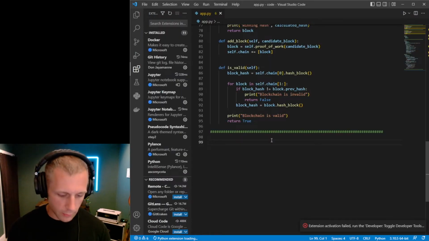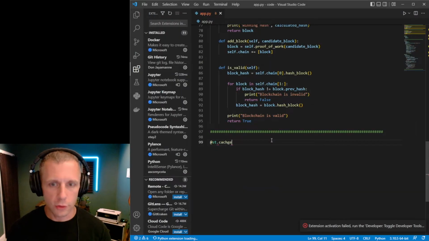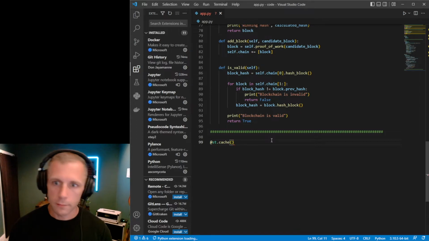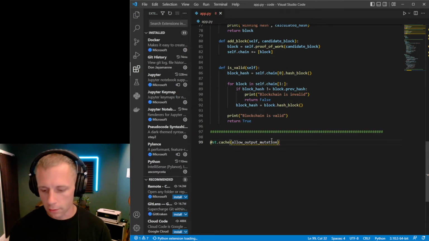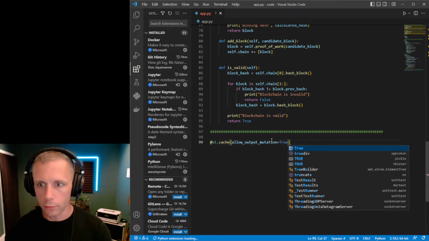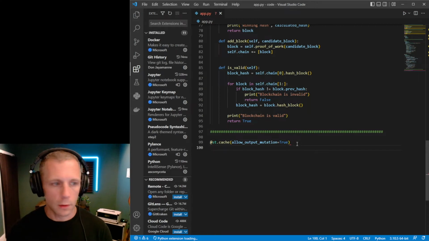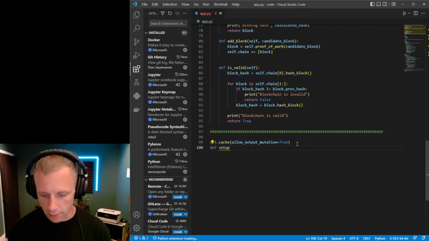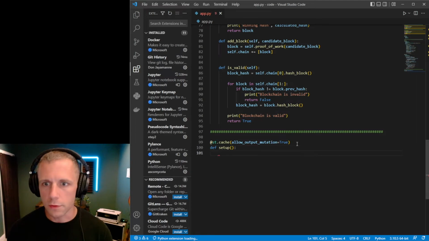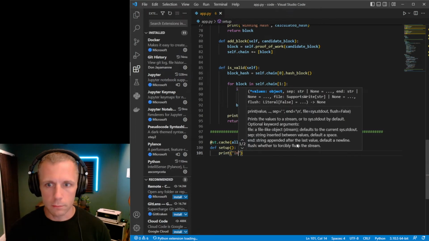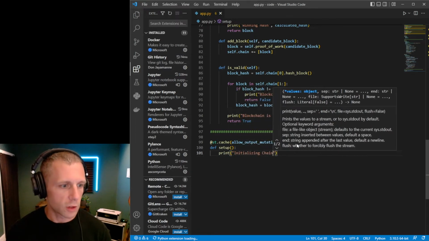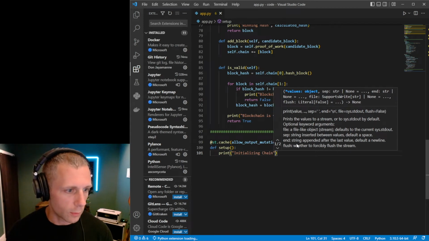So now that we understand that, we're going to go ahead and write Streamlit cache, allow output mutation equals true. We want the capital True, the Boolean value. All right. And then we're going to define the setup. Let's put an initializing message in the setup here, so now we're communicating with Streamlit. So print "Initializing chain." That's the string we want to show